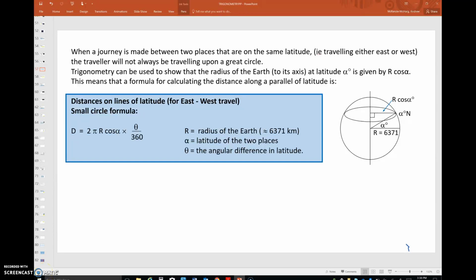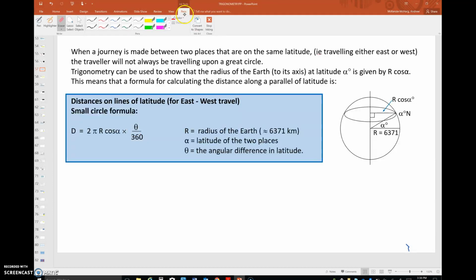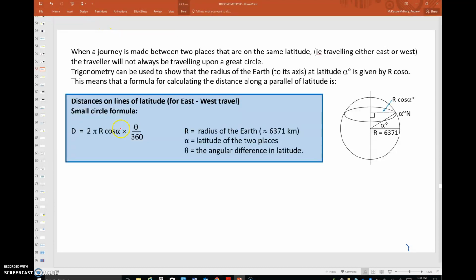Hi General Math students. In the previous video we were calculating distances for north-south travel. In this video we're doing distances on lines of latitude, which is for east-west travel. And you see that the formula looks really similar to the previous one for longitudes, but we have a cosine